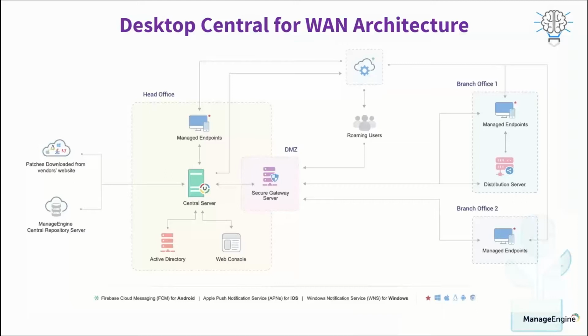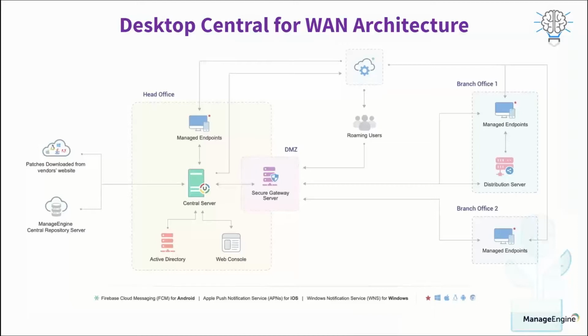For the machines that are present in the remote site, which are connected over a direct internet connection, you can use a component called a secure gateway server. Your secure gateway server is a server that bridges the agent communication to the central server securely when the machines are in a different network or on the internet. When it comes to a remote location, we have a component called distribution server, which is used to throttle bandwidth for the data traffic between the central server and the remote location. We will talk about this in detail as we go into the training.